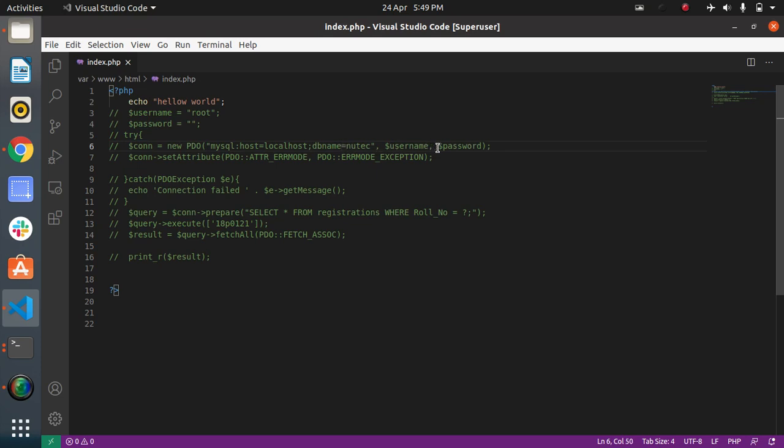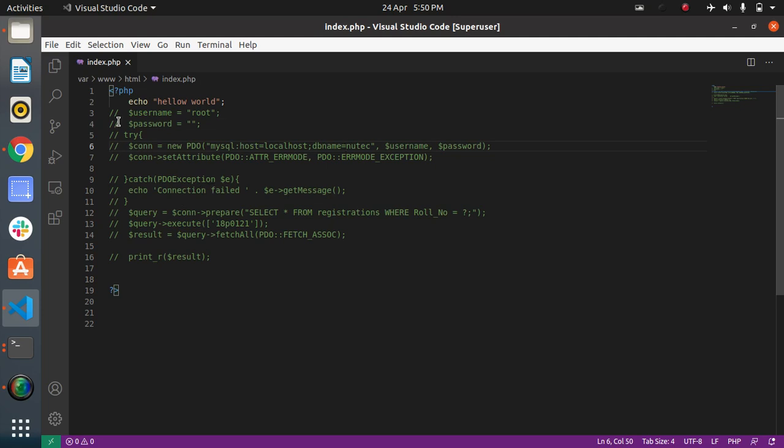Then where is the error? Username, password, and connection set attribute PDO error mode, everything is fine, and still I am getting the error.